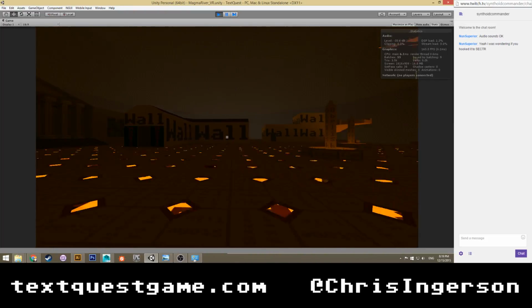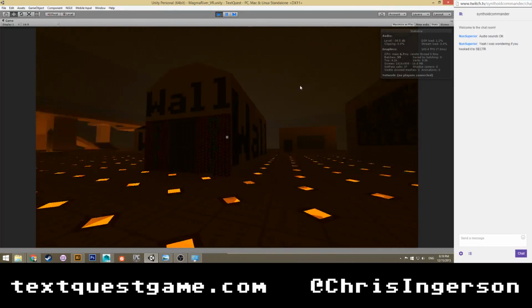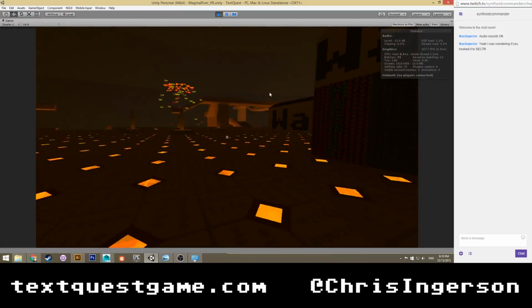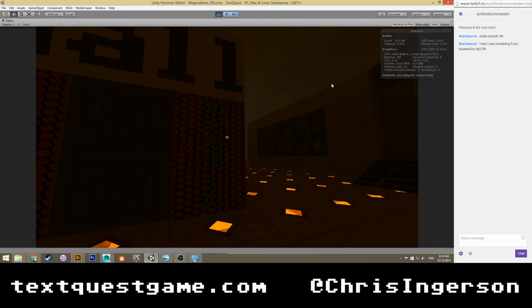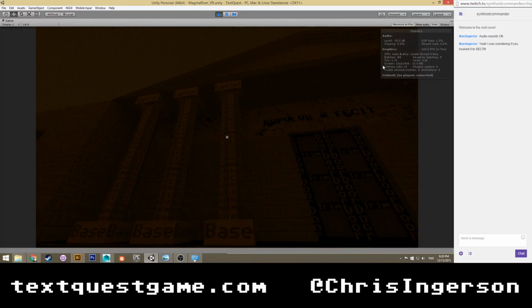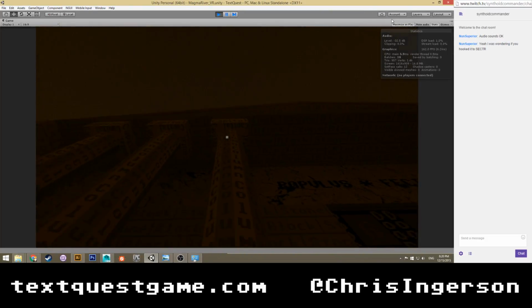Anyway, let's see what else. New textures are actually maybe the mosaic. I don't think I showed you guys the mosaic before because I did that after the stream last week. Let's see. Got all of our pillars textured, base, and capitals.